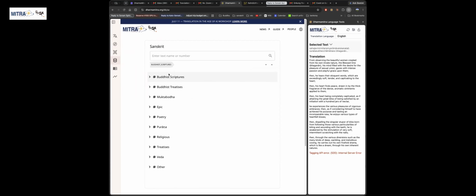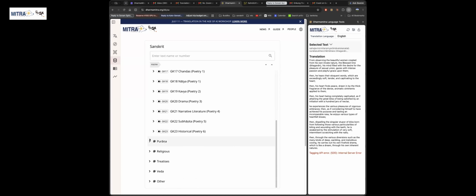We have this organized via Buddhist scriptures, which roughly equals the Kangyur collection in Tibetan. Then we have the treatises, which is the Tengyur collection in Tibetan. Then we have Mukta Bodha, for example, then epic literature, for example Mahabharata, Ramayana. We have Kavya as well, Puranic literature, and so on. So all of this is available here.